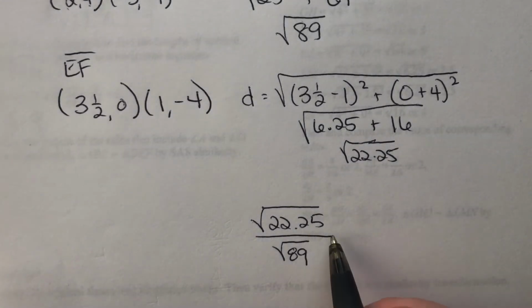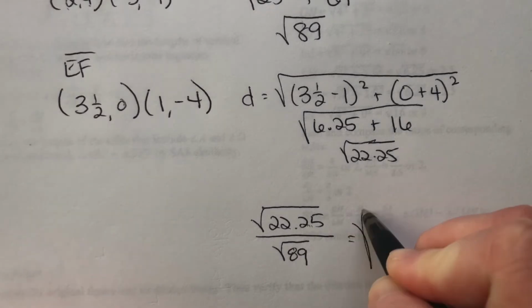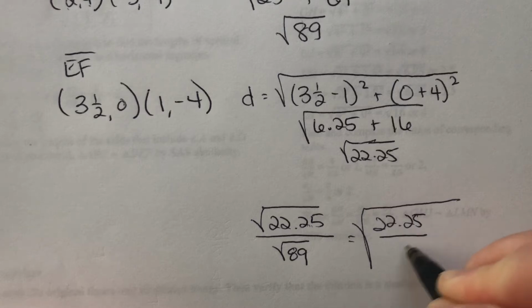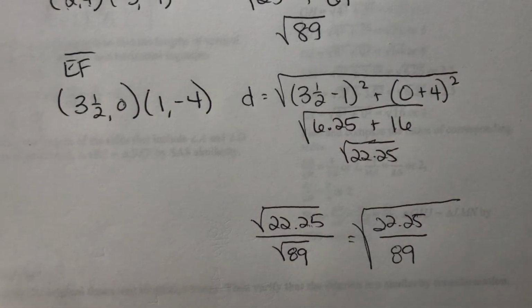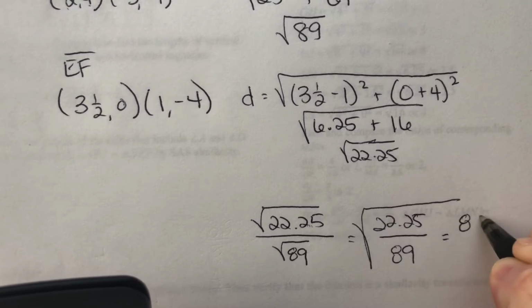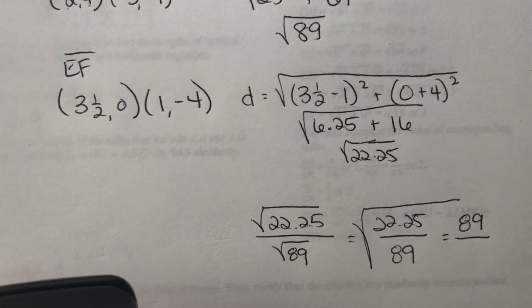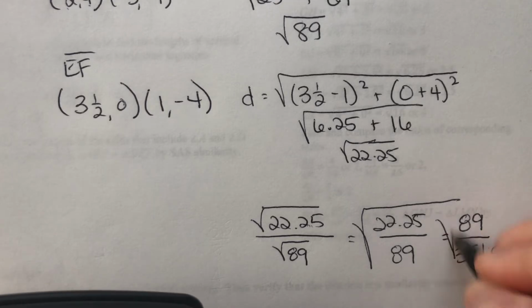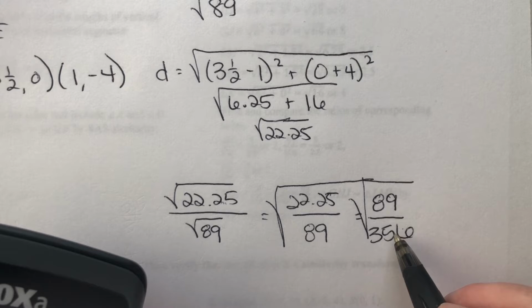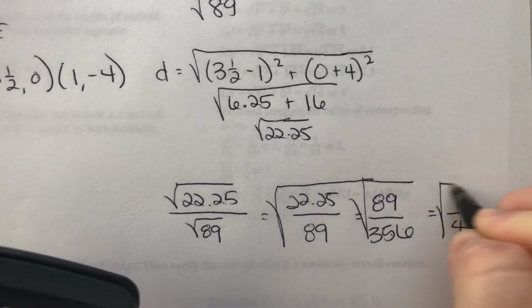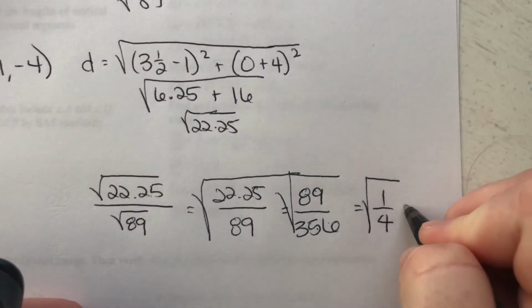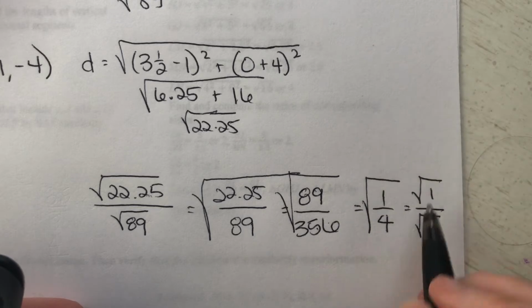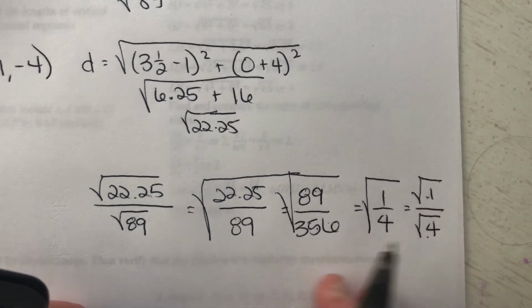And what can I do here? I'm trying to figure out how I can get rid of this. So the whole thing is 22.25 over 89 under one big radical. And then I multiply it by 4. Oh, if I multiply 22.25 by 4, I get 89. And if I multiply 89 times 4, I get 356, which tells me this is 1/4, all under the radical. And then I can separate my radical into the top and the bottom. Square root of 1 is 1, square root of 4 is 2, so this is equal to 1/2, which is